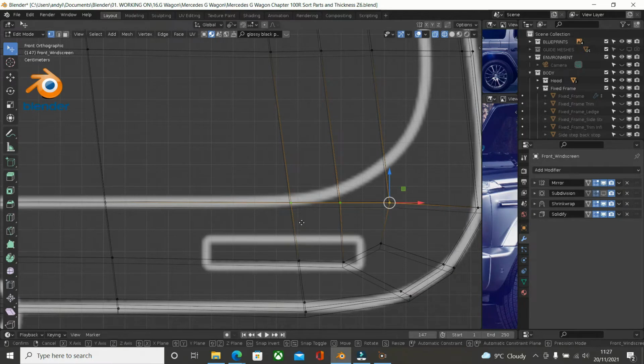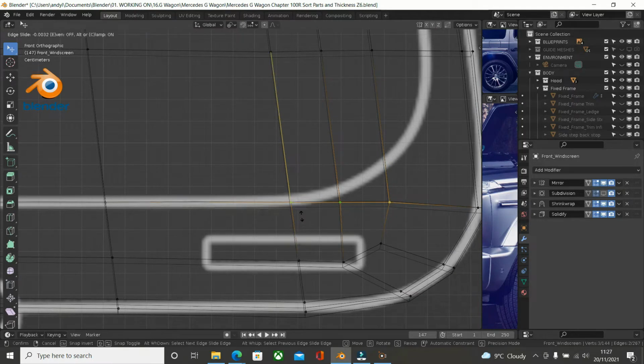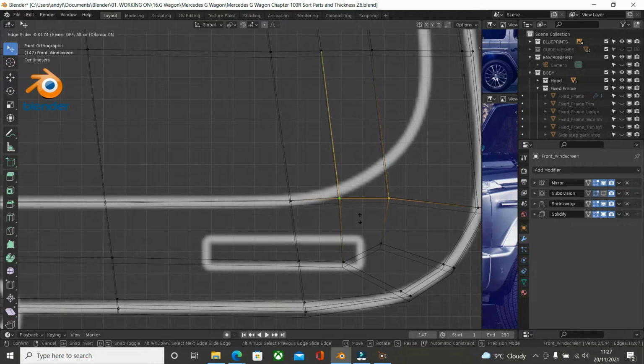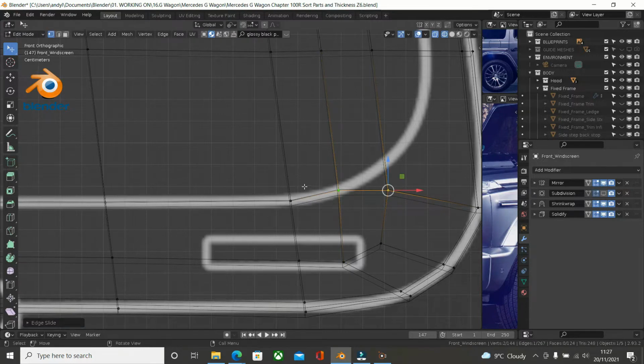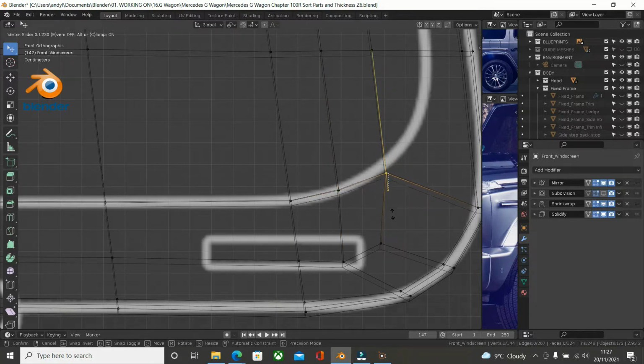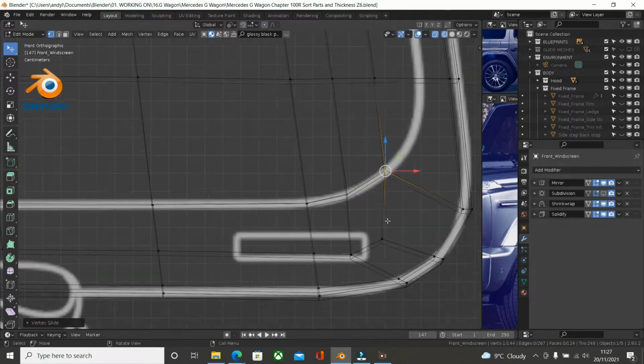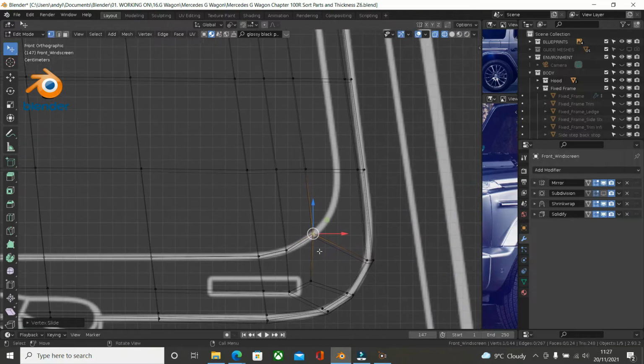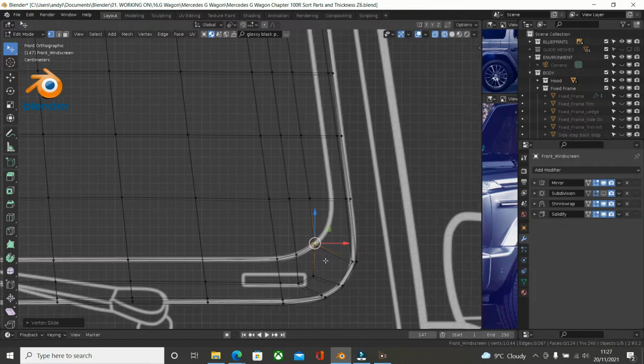So G twice, up to there, press B, so G twice, bring this one up to middle, deselect this one, G twice, and bring this up, and make sure it's in the middle. Okay,